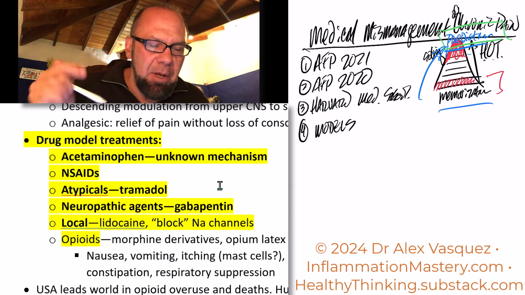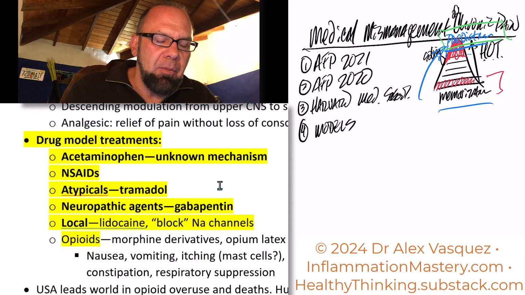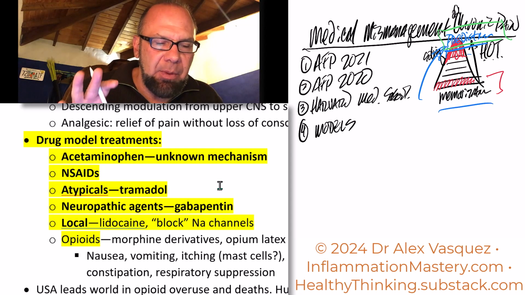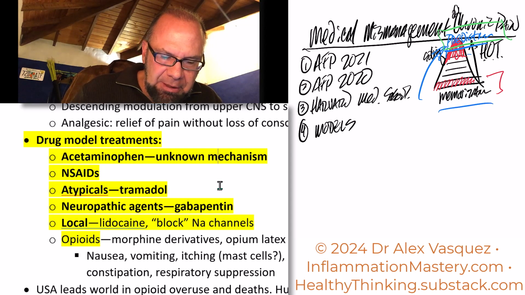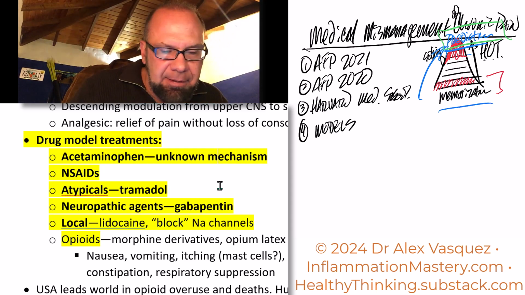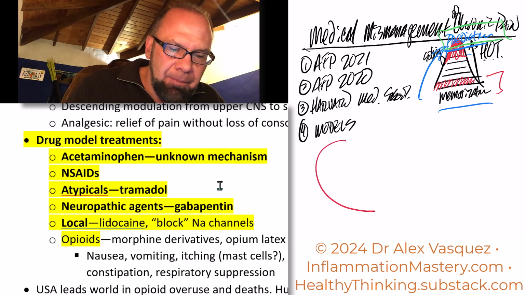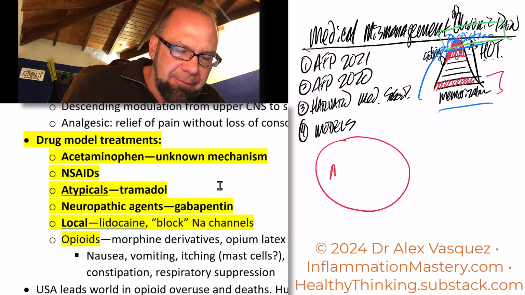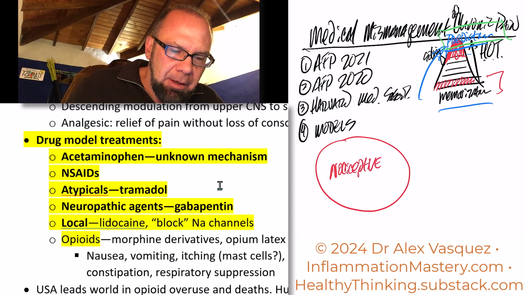Okay, so let's talk about models. What I've seen in pain management books is they mostly talk about two different models. I'm going to show you two separate models right now. One model looks like this, and they say, well, pain is either nociceptive or it's neuropathic. That's what they say.